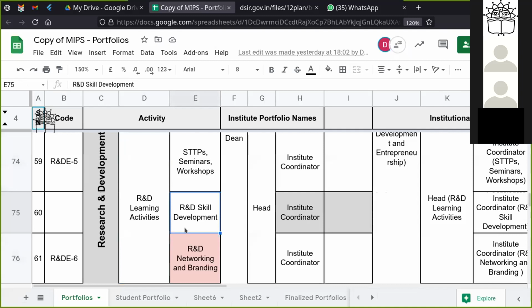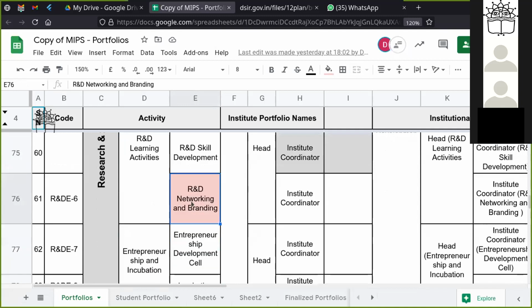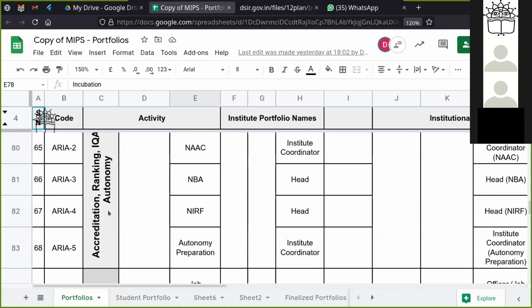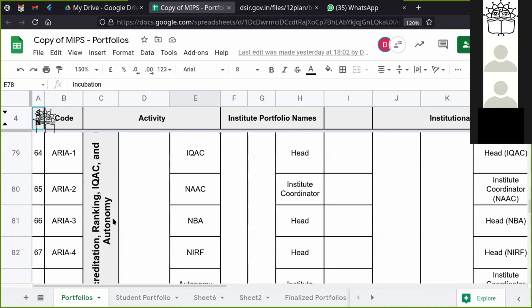Then R&D skill development activities. There are other skills that will be addressed in different sections, maybe TNP and others. Then we have R&D networking and branding. We have entrepreneurship activities, where entrepreneurship development and incubation. Then we have accreditation, ranking, IQAC, and autonomy.